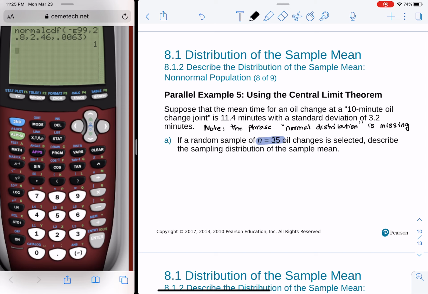Typically, this doesn't hold true in practice oftentimes, but if n is greater than or equal to 30, the central limit theorem, CLT, states that x bar will have a normal distribution